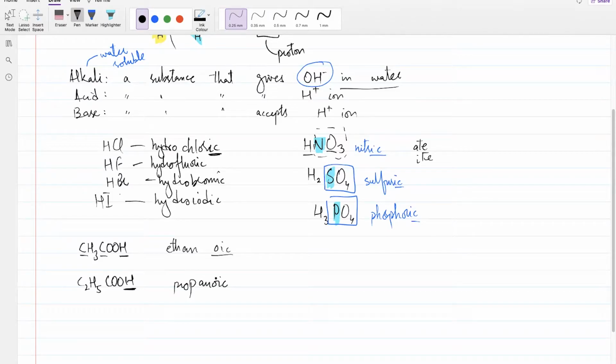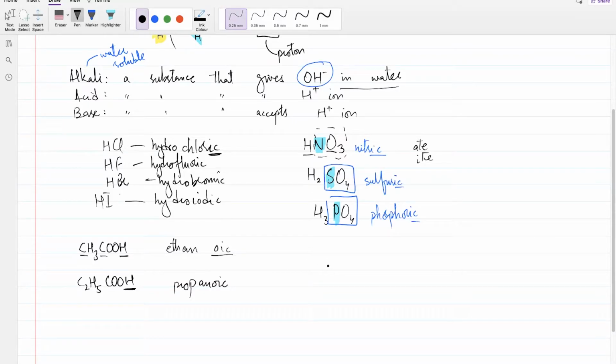Okay, we put OIC at the end of the name. Now some things are not acids on their own, but if you dissolve them in water, they make water lose its hydrogen ion more than hydroxide ion. In other words, they hold on to the hydroxide ion and let the hydrogen ion loose. How exactly they do that is not required for us in O levels or IGCSE. So those things we call acidic in nature.